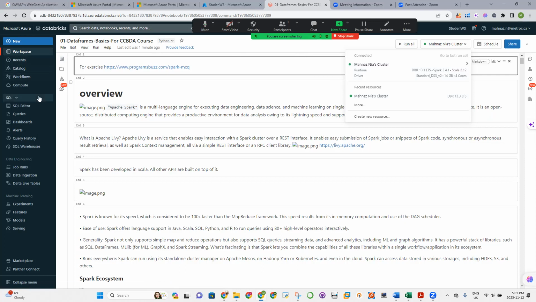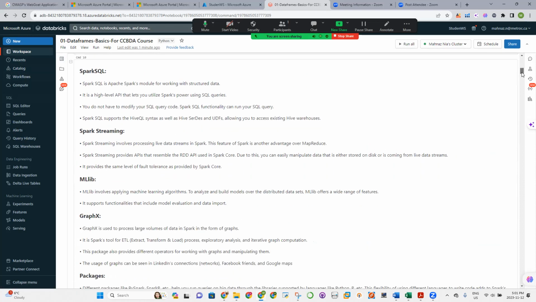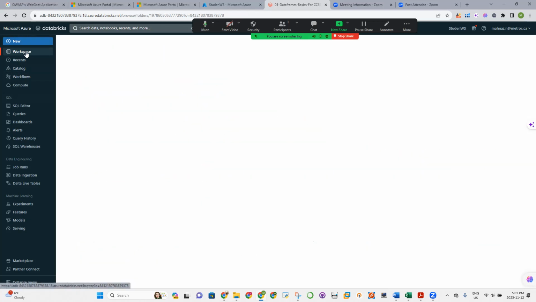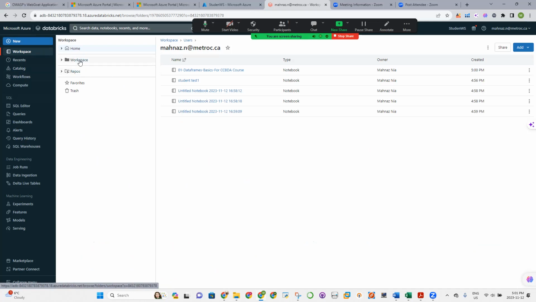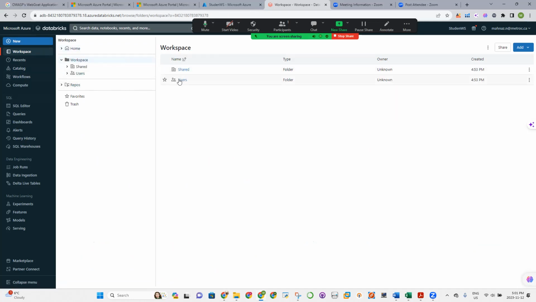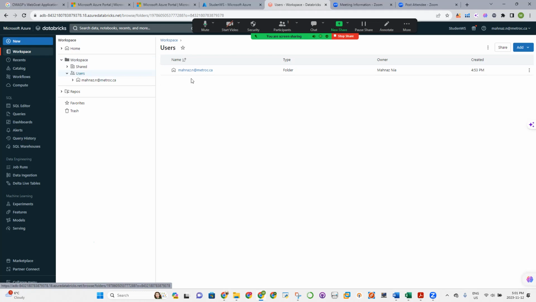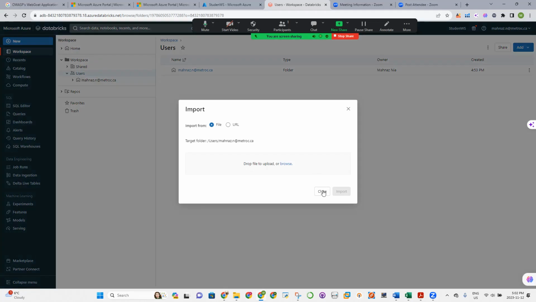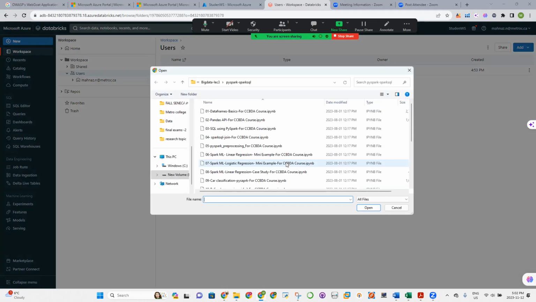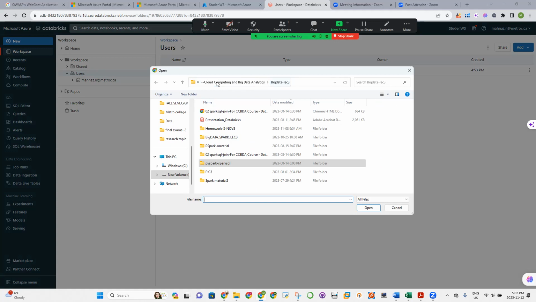Okay, the next step is that when you want to import your data to your environment, first of all, let me just go through another example. For example, here just say import, then browse and show you one more time. Spark material, no, we just go for the